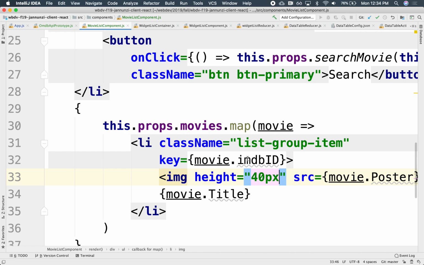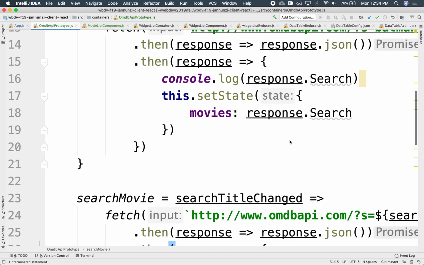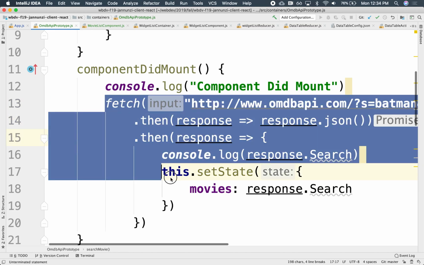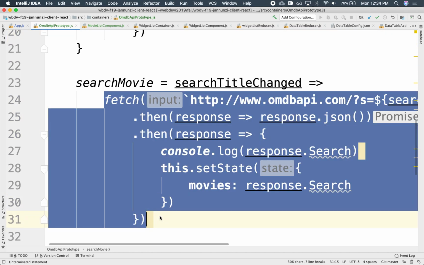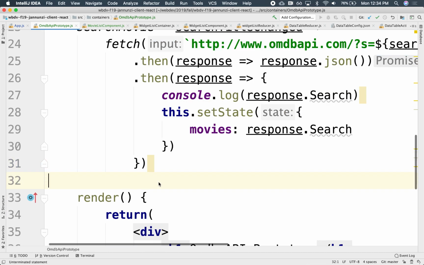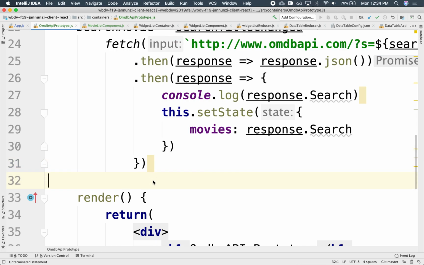Also, just an improvement on this, notice that in our container, we are using this query twice. See that? This fetch here and this fetch here, we're using it twice, right? So that's a bad practice. So let's encapsulate that. I'm going to copy that. And I'm going to